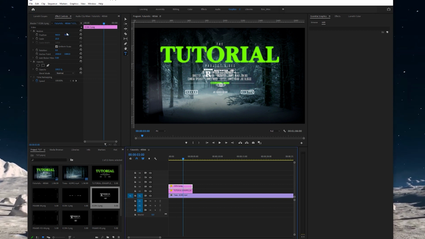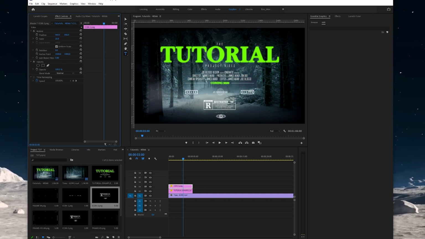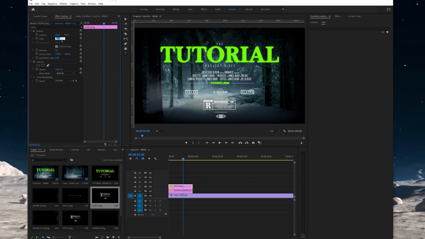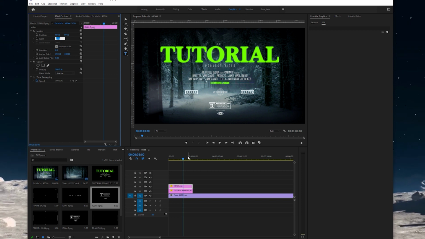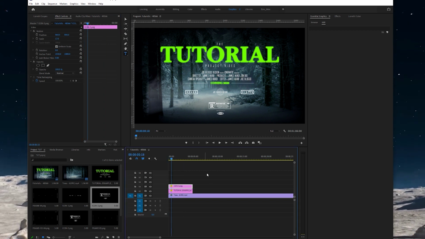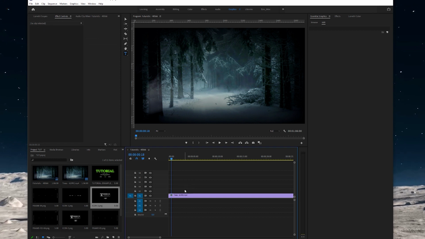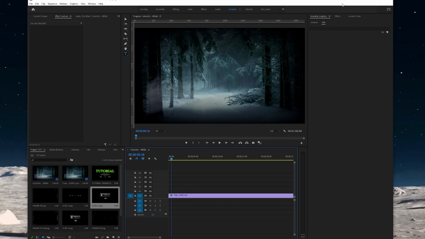Then icon, pull that down. It's a little cramped, but you can see you can kind of scale down, make it work. Add these different elements, make it your own. That's super straightforward. Now I'm going to just delete these and show you how you can actually edit within Premiere Pro